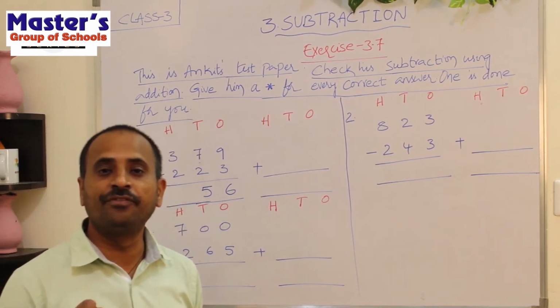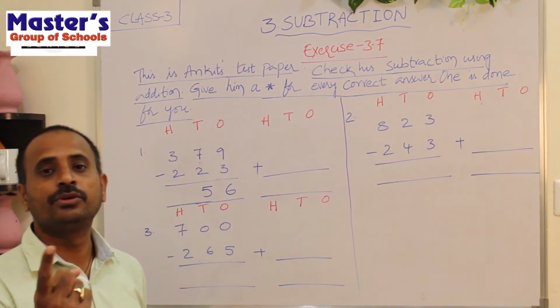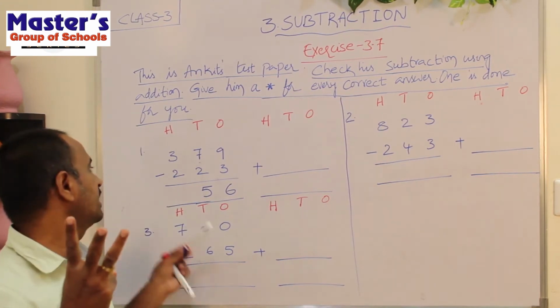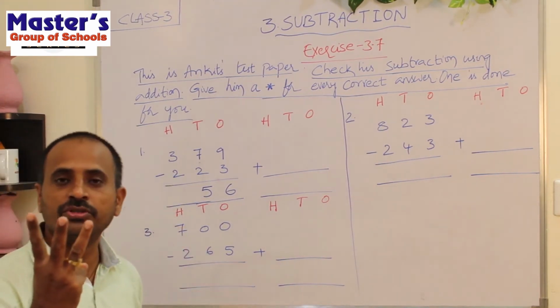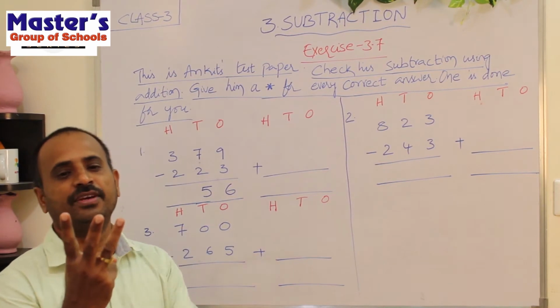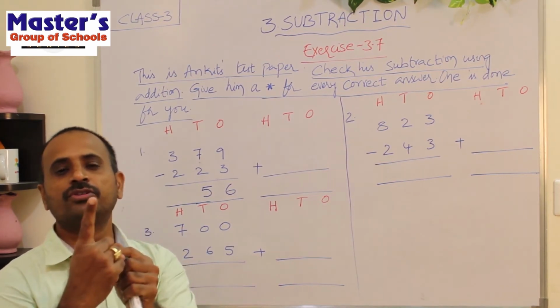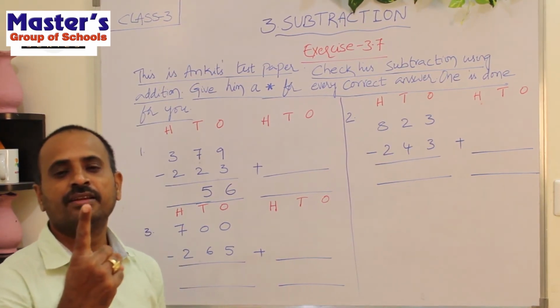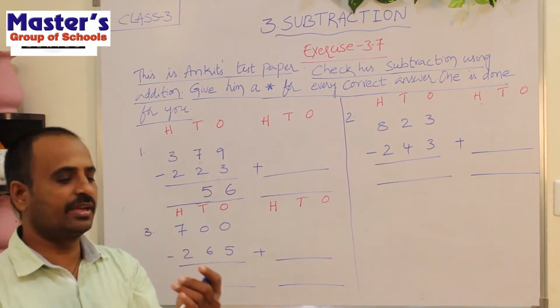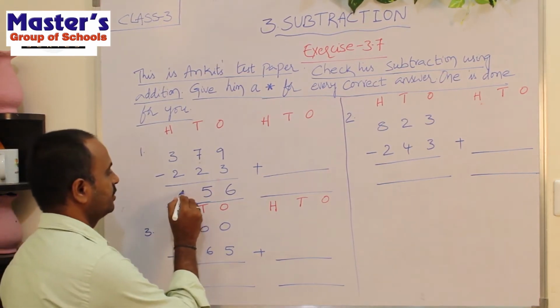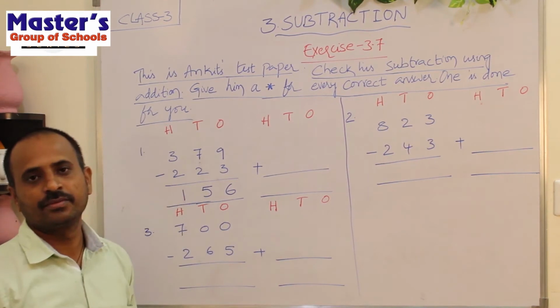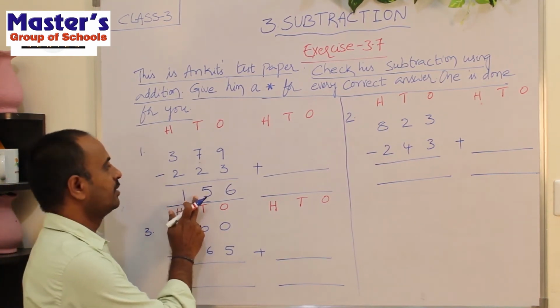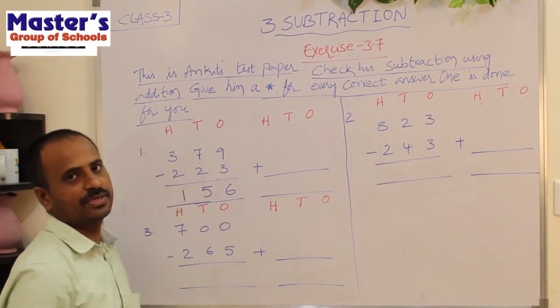3. So open 3 fingers of your hand. 1, 2, 3. And what is the second number here? 2. So close 2 fingers among these 3 fingers. So 1, 2. I have closed 2 fingers. How many fingers are there? So there is 1 finger remaining. So write 1 here. So children, this is the difference. So this is the answer for the subtraction of these 2 numbers.